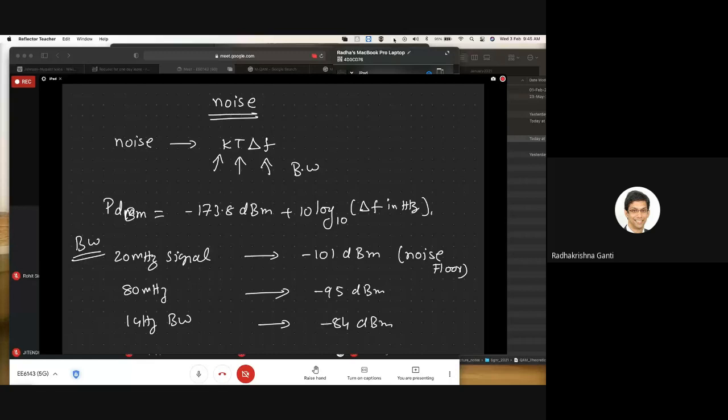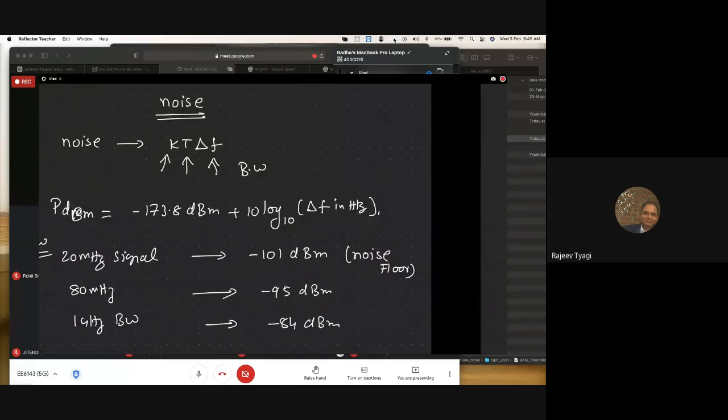The amount of noise that gets added is proportional to the bandwidth. I'm just going to take 5 more minutes. So you have taken the temperature as some fixed value. Fixed value, so 26 degrees, 300 Kelvin. Yeah, thank you. So these computations are for 300 Kelvin. I think approximately 26.